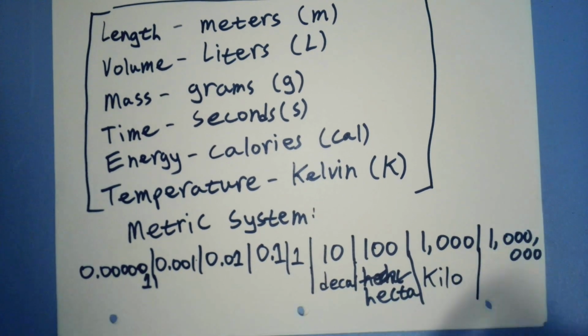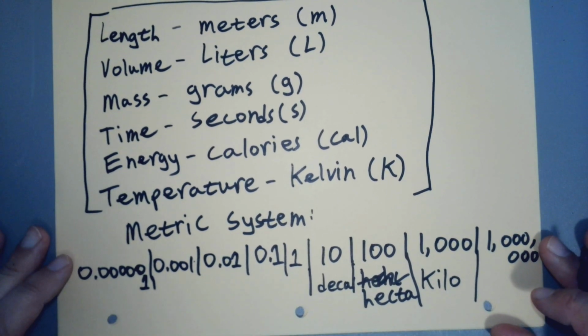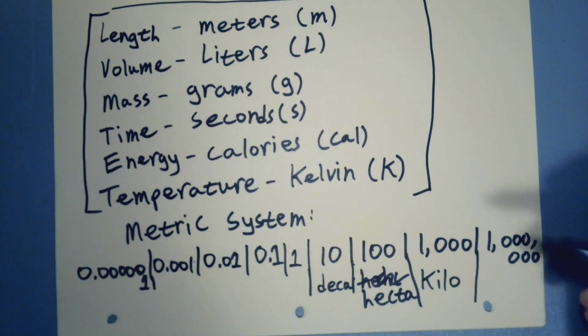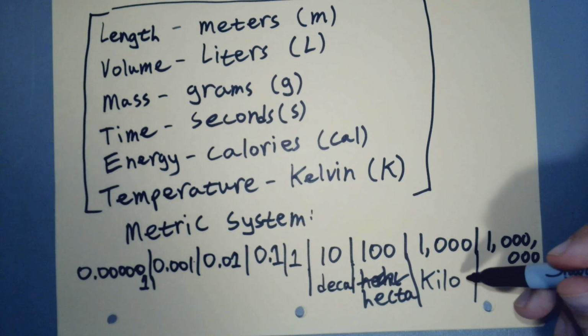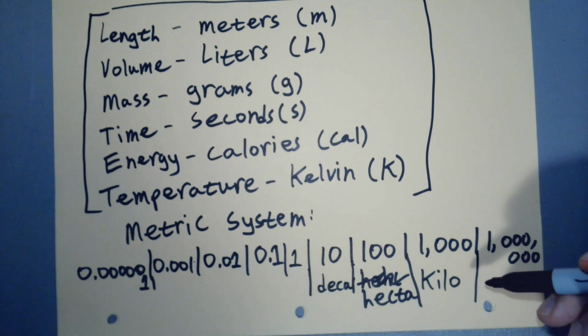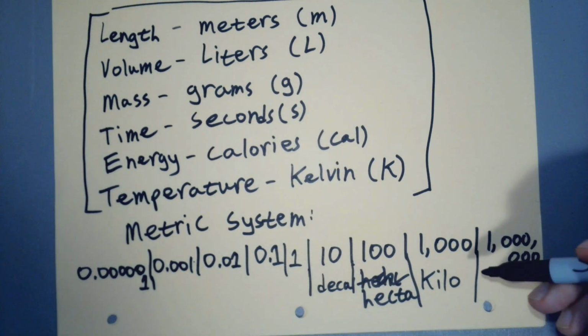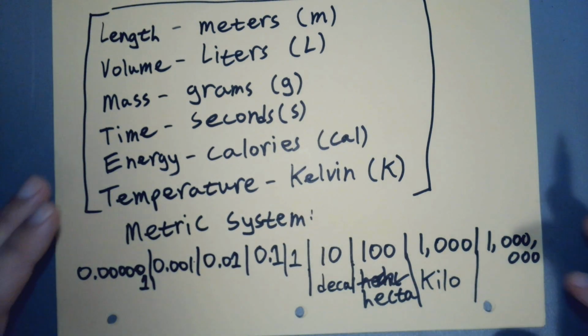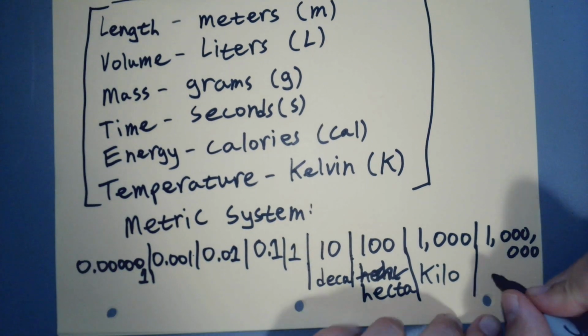So it turns out we tend to talk about distances in kilometers. If you're like, oh, how far away is Portland? Well, this is America. We use our freedom units, so we talk about it in miles. But the rest of the world would use kilometers, including Canada. So you don't have to go very far to see this. They wouldn't say that it's 50,000 meters between two locations. They just say it's 50 kilometers. So they knock it down, so we don't have to write as many numbers. We don't have to say things like thousands. And then if you get to millions,